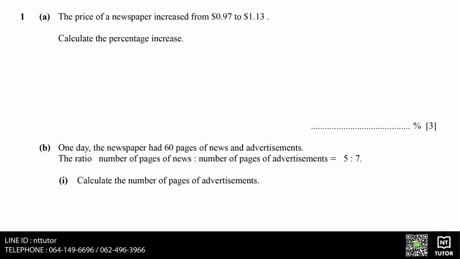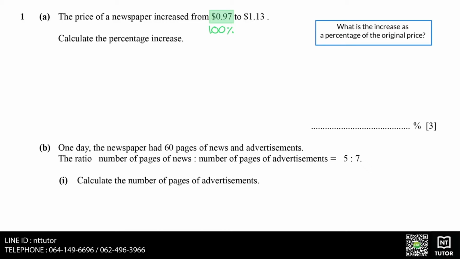A. The price of a newspaper increased from $0.97 to $1.13. Calculate the percentage increase. We started with $0.97, so $0.97 is our 100%. When the question asks, calculate the percentage increase, what it's really asking is what is the increase as a percentage